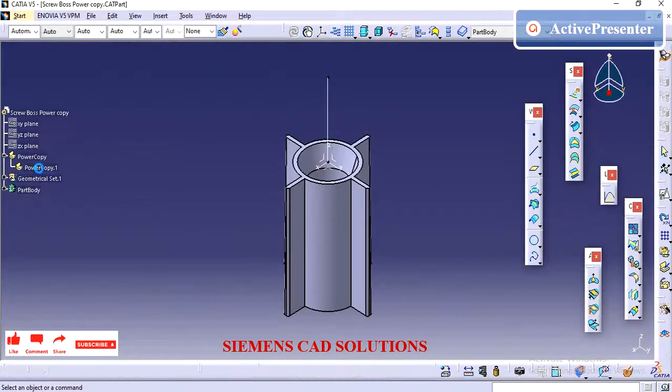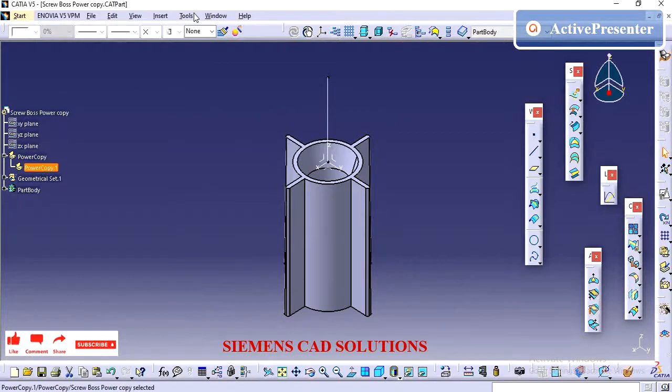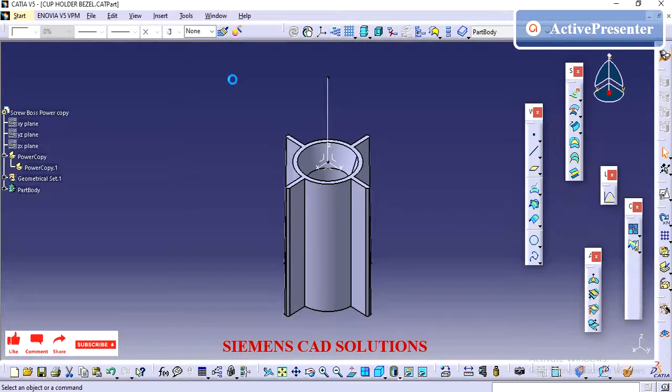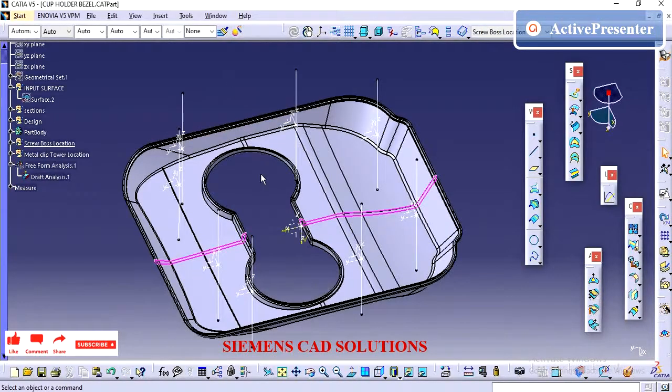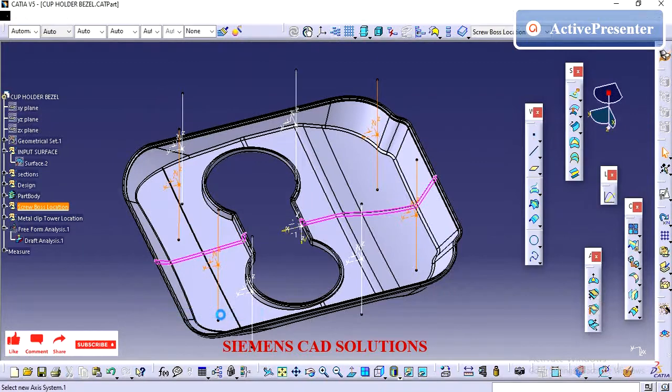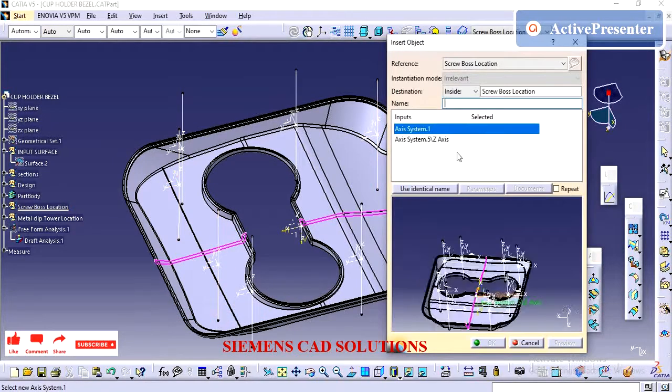I have already created one boss for the bezel using power copy, and I have already created the axis system for this screw boss feature. So I am just pulling the screw boss feature into the bezel part.